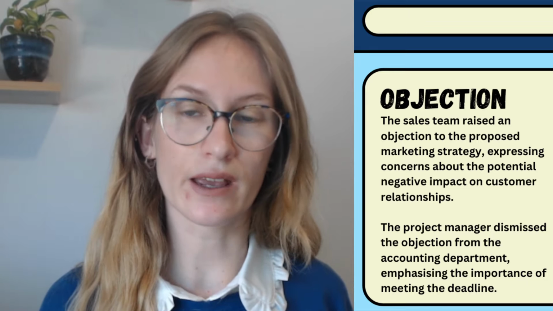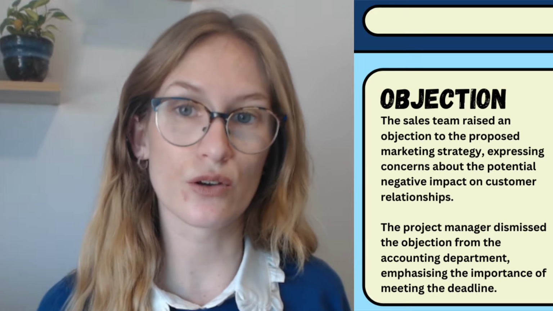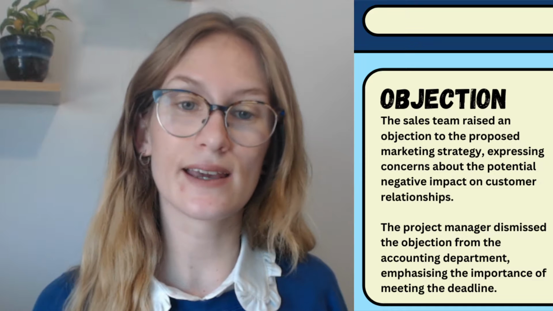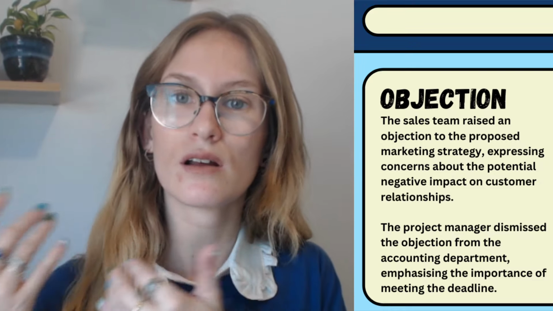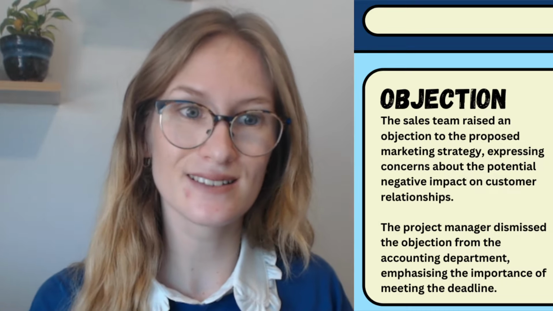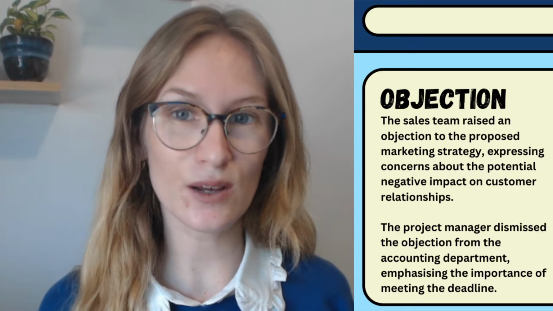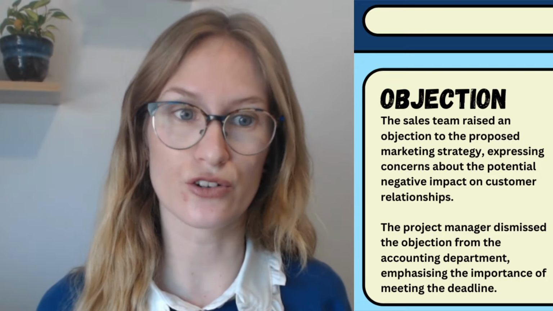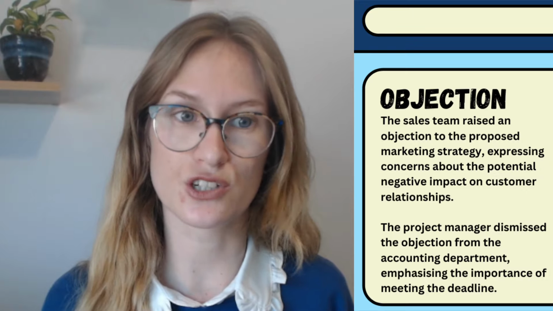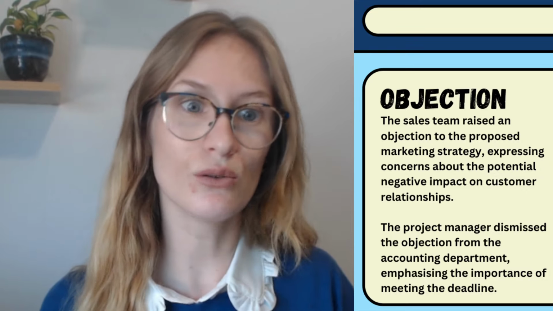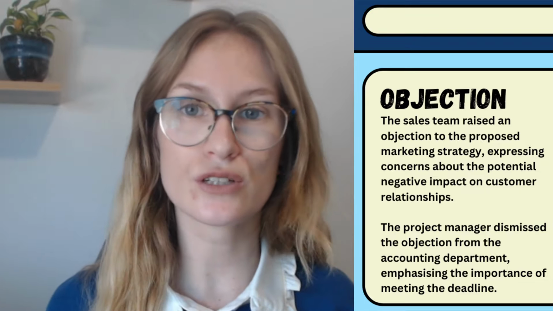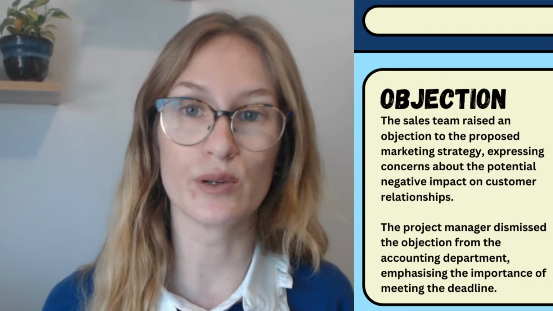If you're in a business meeting and people are discussing a strategy that you either don't agree with or don't see going forwards the way they do, you can say, actually, I object. I believe this is the solution. Or alternatively, somebody might say, this is my plan. This is what I'm proposing. Does anyone have any objections? Meaning, does anyone disagree? And if you are asked this question, you can either just answer, yes, I do, and go into why you disagree, or no, all good, all clear, makes sense to me, I agree with you.